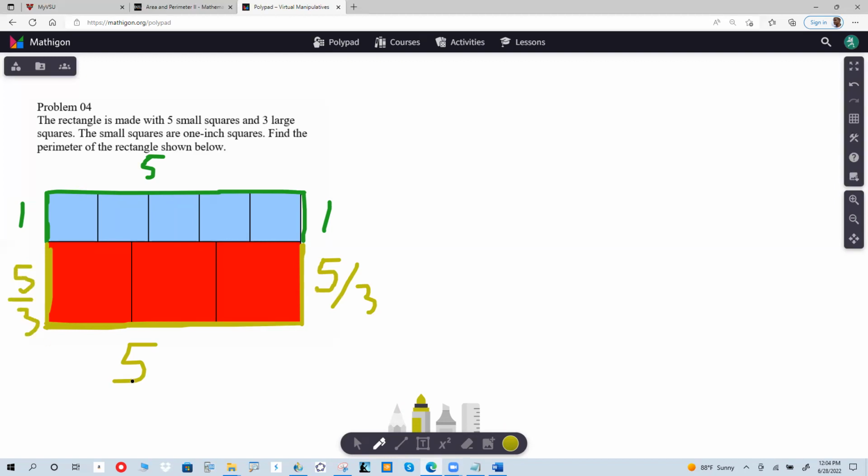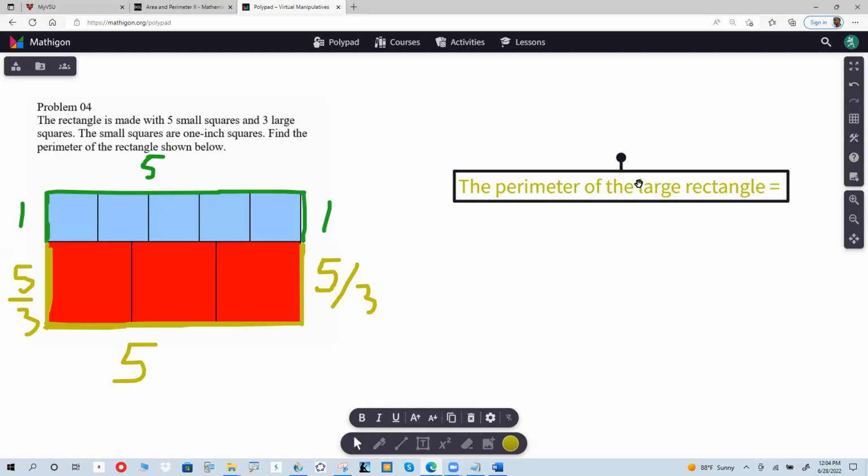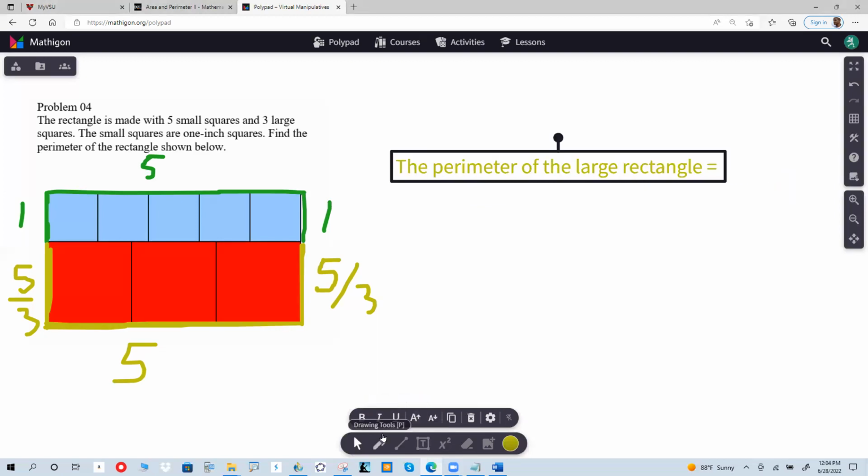I'm done. I have accounted for all the sides. All right. So the top length is 5, the bottom length is 5. What's the perimeter? Okay. Let's see. Perimeter of the large rectangle is